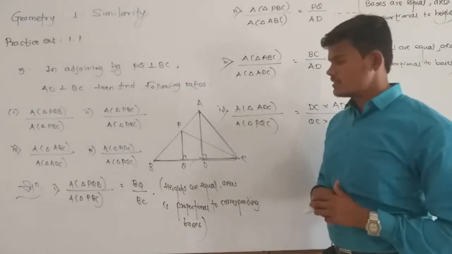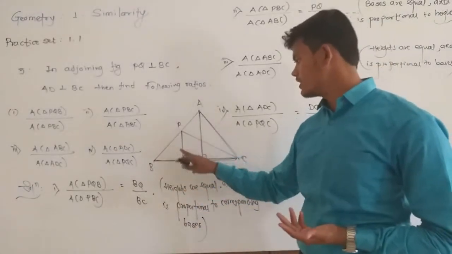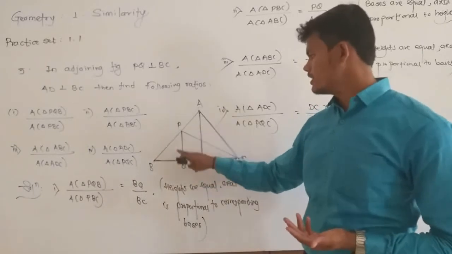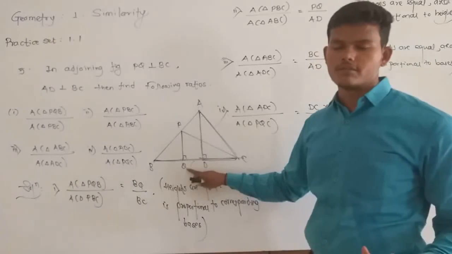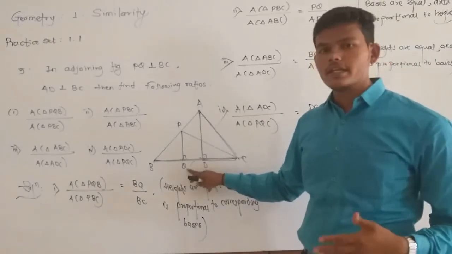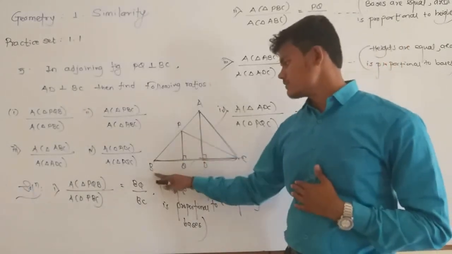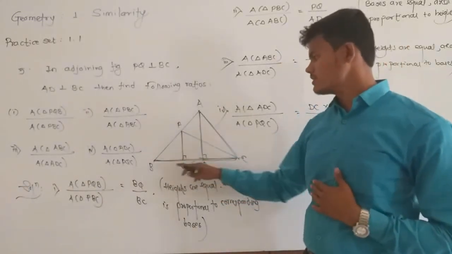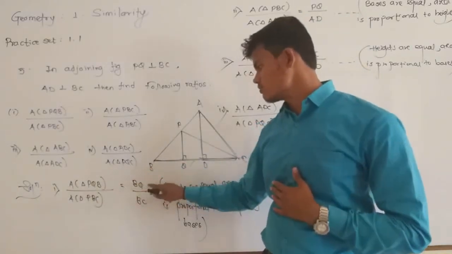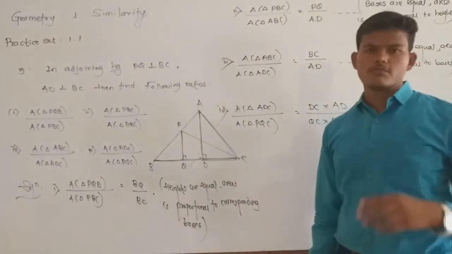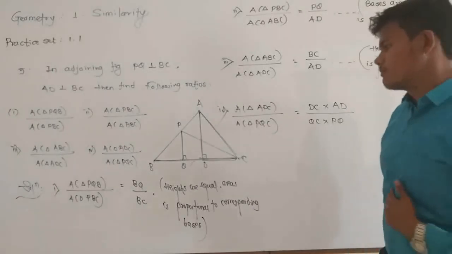Okay, if two triangles have equal heights, now see this first ratio, for triangle PQB and for triangle PBC, what is equal for both triangles? PQ is the common height, that means heights are equal, their area is proportional to their corresponding bases. So for triangle PQB, which one is the base? BQ. And for triangle PBC, which one is the base? BC. So we get ratio of areas of triangle is equals to BQ upon BC. That means if two triangles having their heights equal, then area is proportional to their bases.